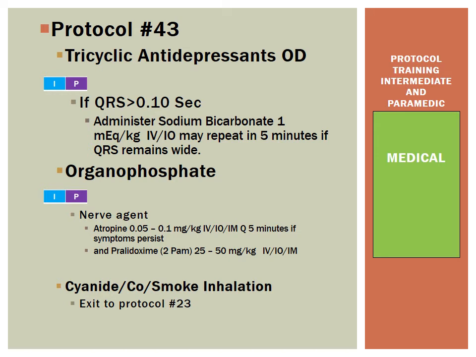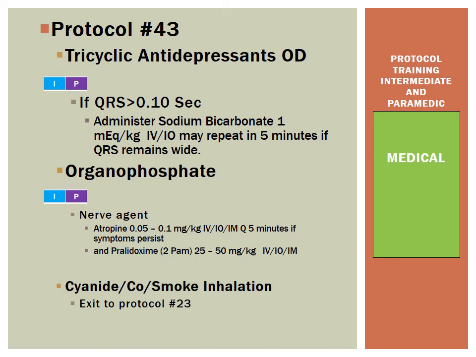For our tricyclic antidepressant overdose patients that are pediatric, our IMP level providers, you're going to be looking at your ECG. Is there a wide QRS greater than 0.10 seconds? You're going to administer sodium bicarbonate at 1 milliequivalent per kilogram IV-IO, and you can repeat in 5 minutes if those QRSs remain wide. For organophosphate poisoning or nerve agents, our IMP level providers will be administering atropine, 0.05 to